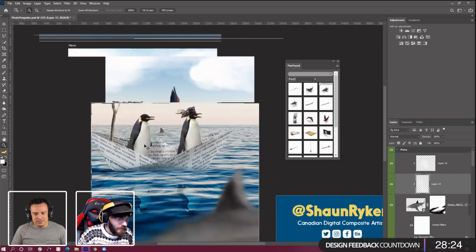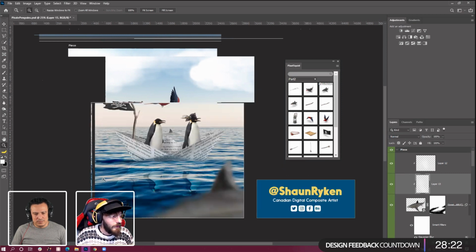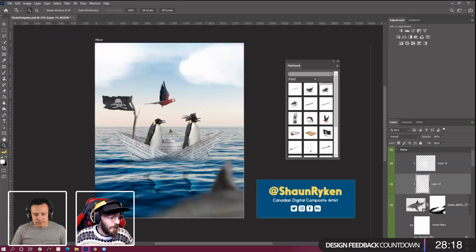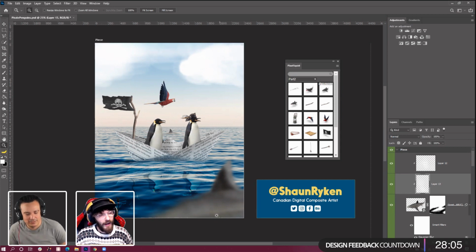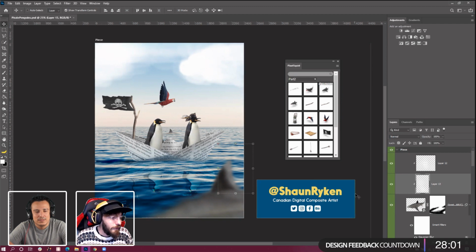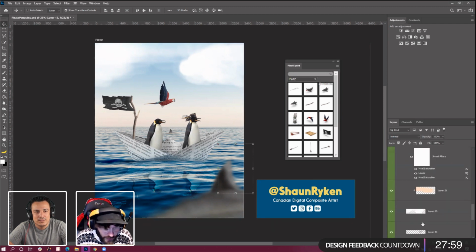Right, I'm actually running into a screen error right now. One sec. There we go. All right, so I brought that shark that we were using before up front, because I just wanted to create a little more depth in my piece. So I'm just going to bring this all into